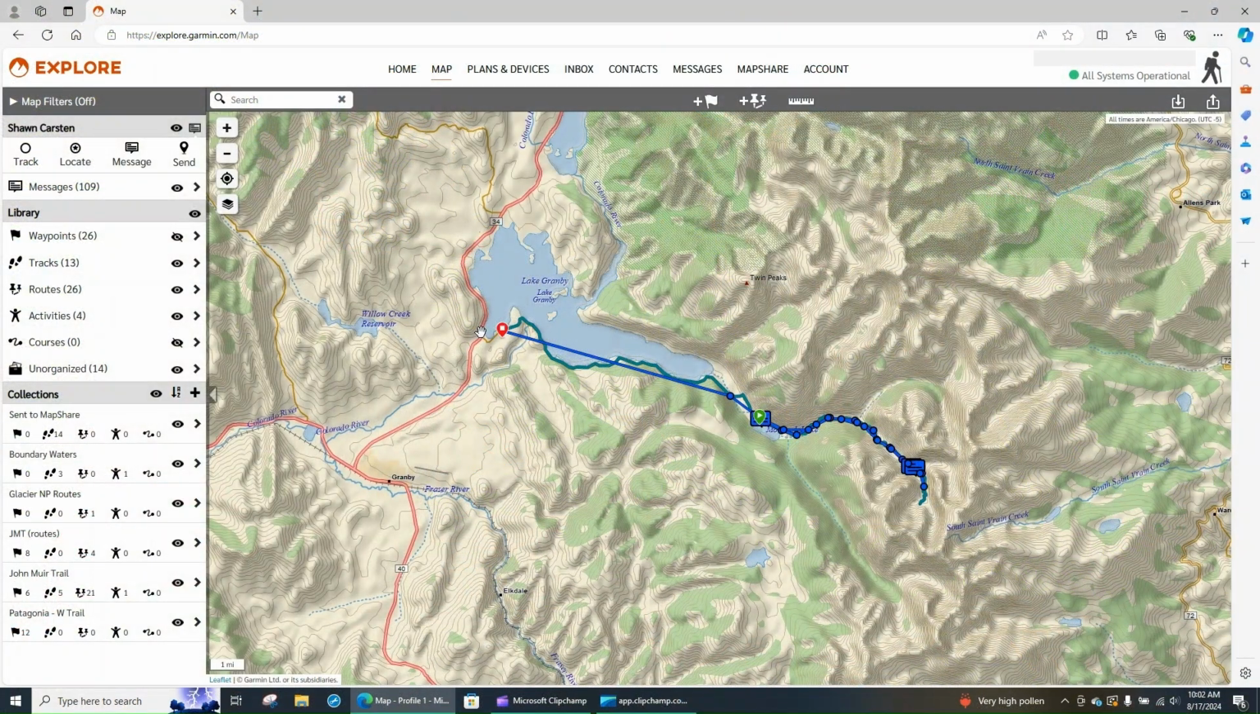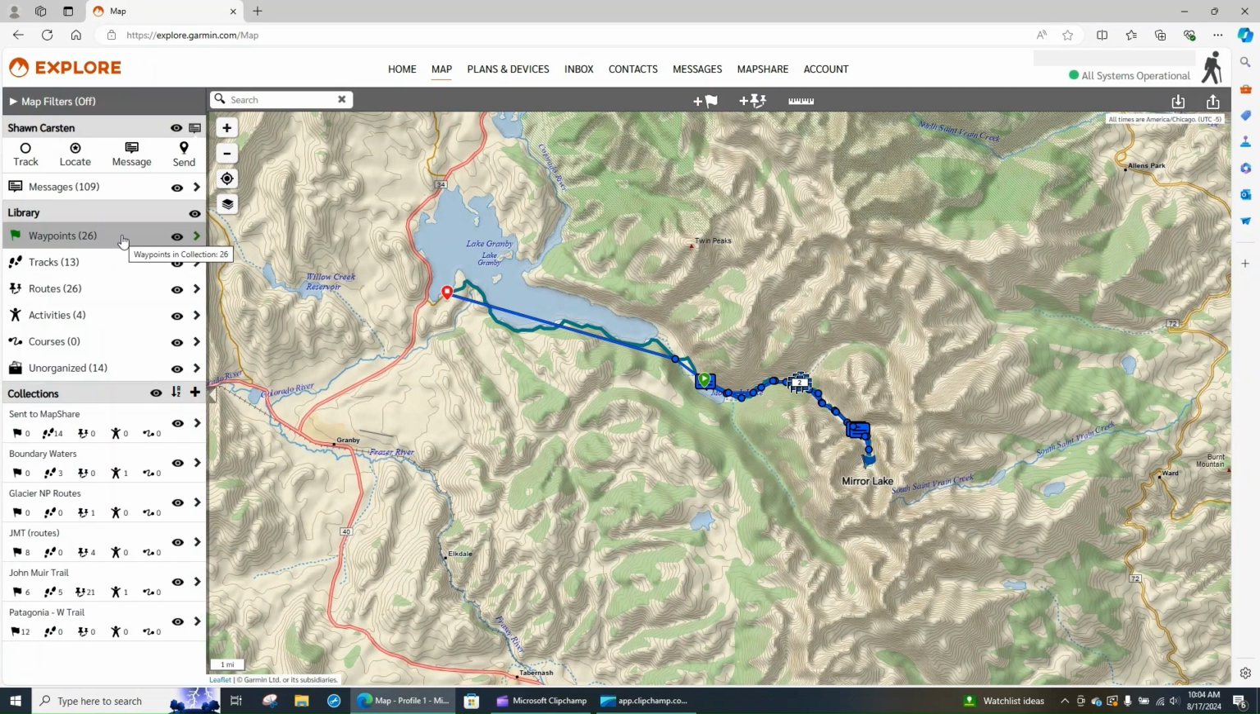Hey guys, today I want to talk to you about Mapshare, specifically your tracks, routes, and activities. What the difference is between these three types of trails, and I guess I can touch on waypoints here too. So to go ahead and get started, your waypoints are going to be an individual set of GPS coordinates, typically